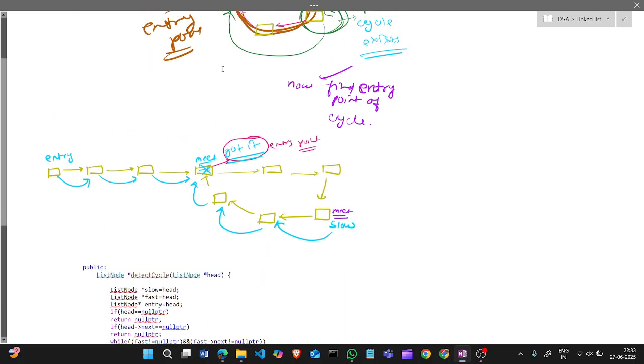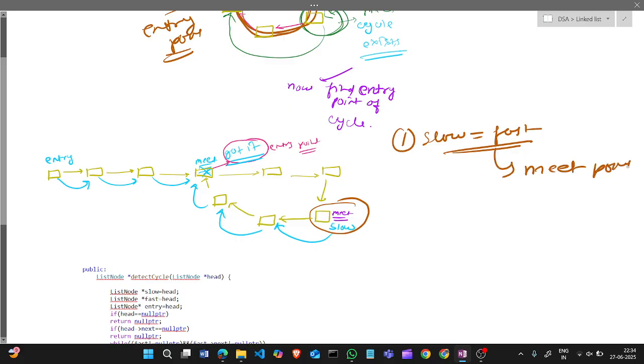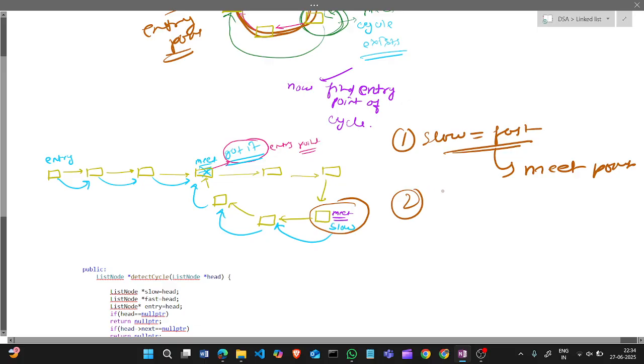So the method is this, and it is a good method. First find the cycle meeting point. In a previous question we did this: when slow equals fast, that node is the meeting point. Then we will run two pointers.